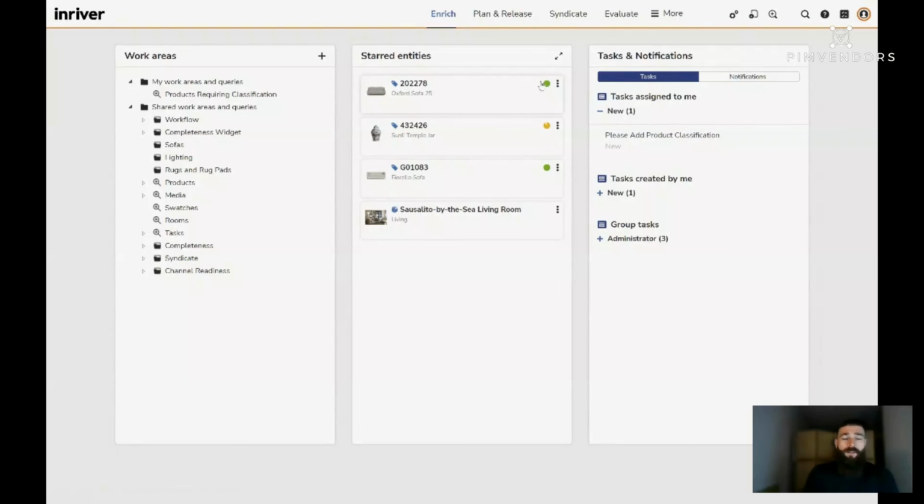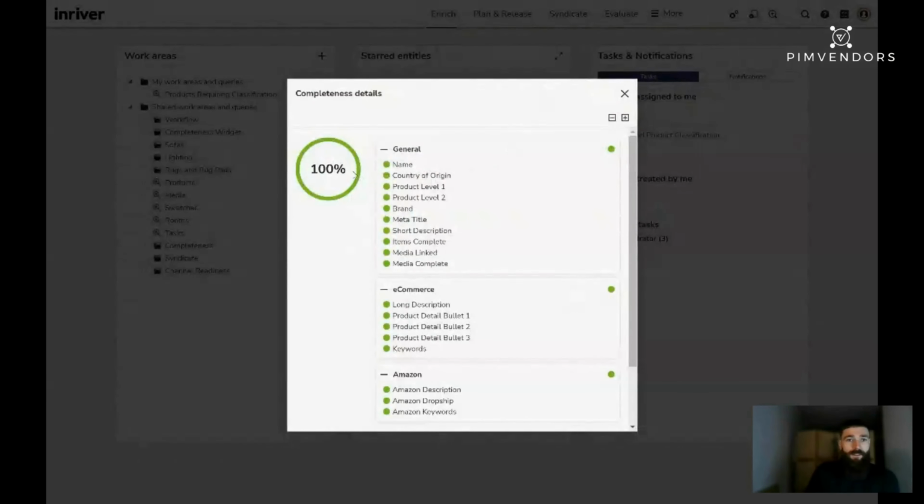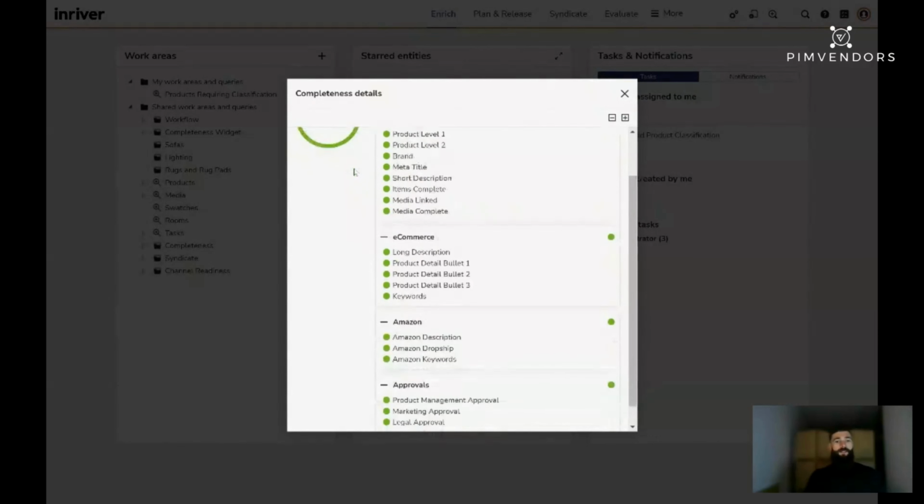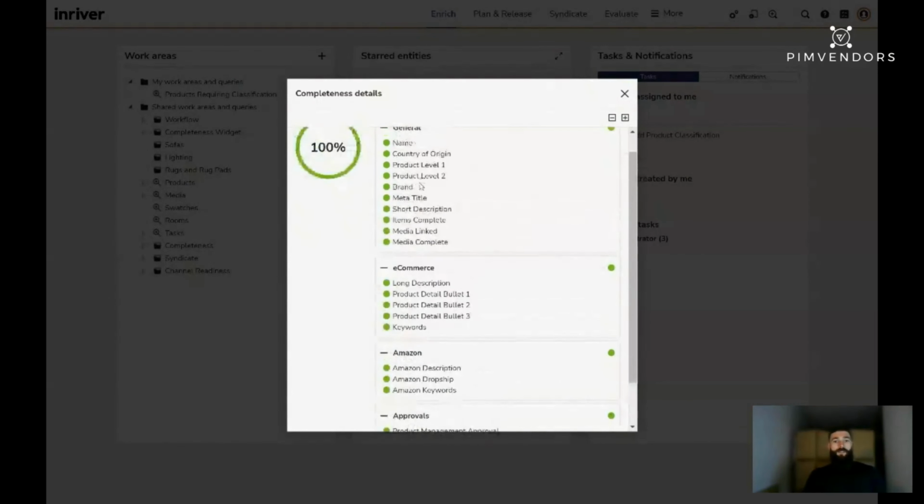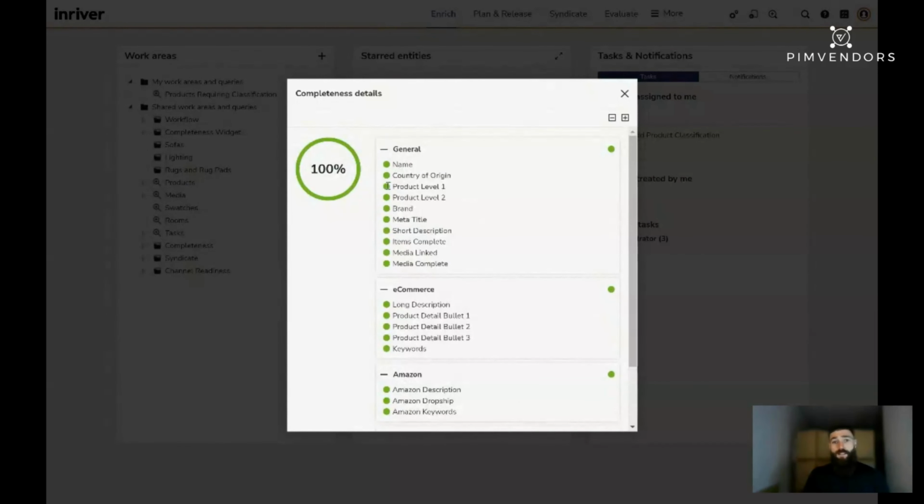A third component really that's also driving workflow is completeness rules. So you can see on my entities in the center of the screen here, we have some different product entities. And on those entities, we can see this green circle, which is highlighting how complete this product is. So in this current state, we can see this product is 100% complete. And this breaks down into different